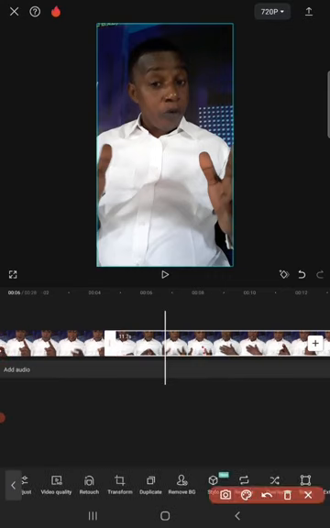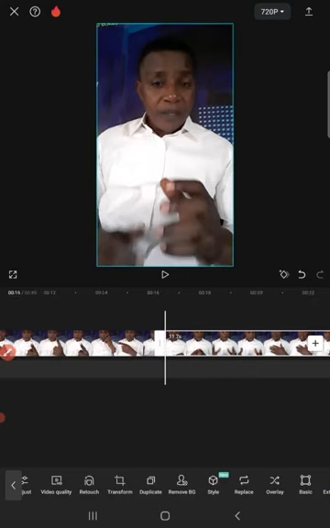This is a duplicate. Can you see that? All right, duplicate. So I'm going to select duplicate. Once you select duplicate, it's going to duplicate that particular clip and put it side by side. So if I scroll back